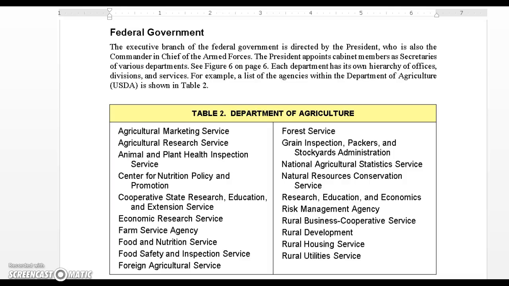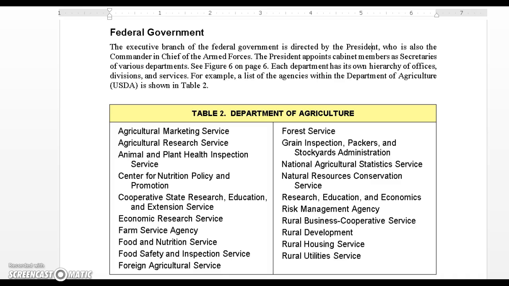The federal government is particularly difficult to understand. I have uploaded this into your learning module for Chapter 5, but I thought I'd talk about it and make sure that you study it. Notice that the federal government is that the